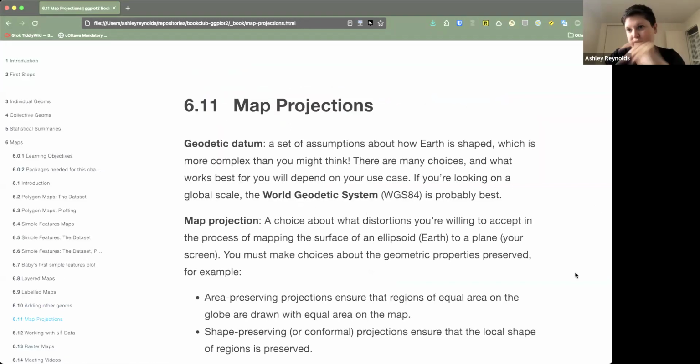Now we get into the things that make plotting map data a little bit more interesting and more complex than it seems on the surface. If you're just doing a really quick visualization, you probably don't have to think too much about these, but if you're trying to do anything really scientific, really rigorous, you're going to have to think about a lot